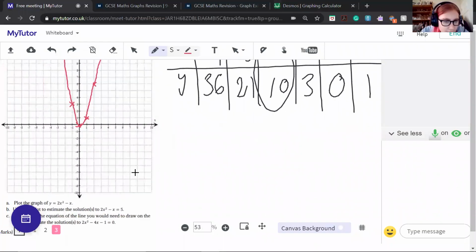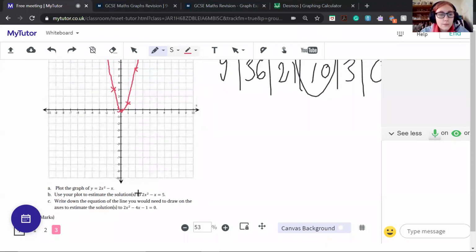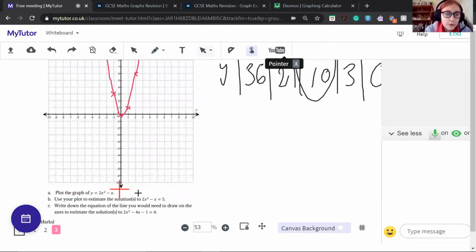And then it says, use your plot to estimate the solutions to 2x squared minus x equals 5. So this is no different than solving simultaneous equations on a graph. So here, we want to think about what we're comparing it to. What this basically means is that we've got this line y equals 2x squared minus x. If we then also have the line y equals 5, then when those are equal, because the y's are equal,